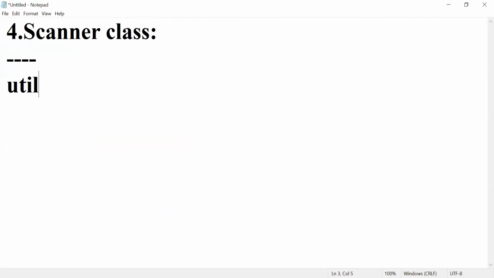This point you have to remember. The Scanner class was introduced from JDK 1.5 version onwards.